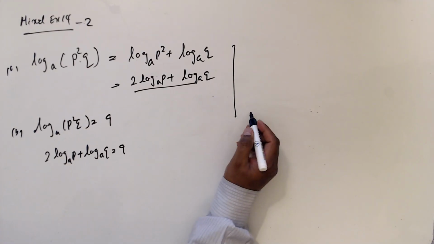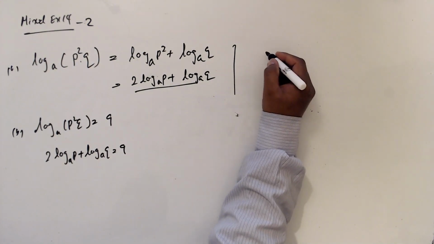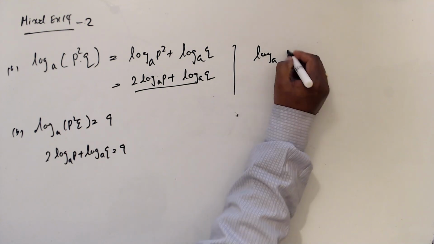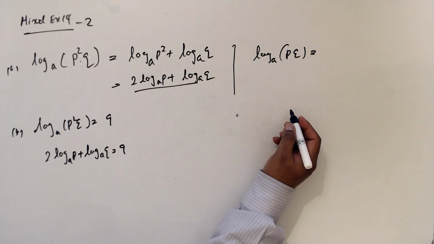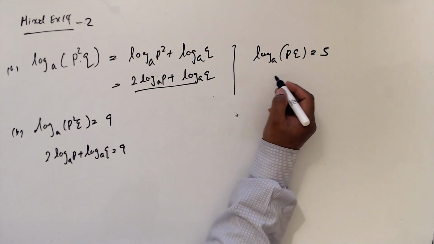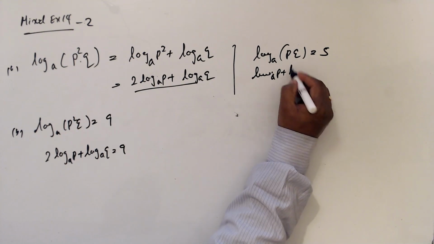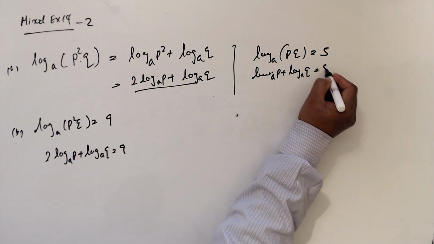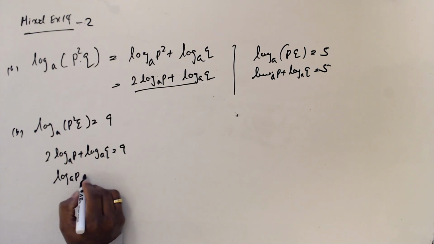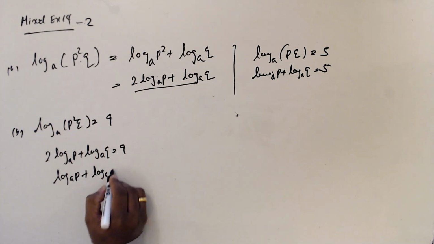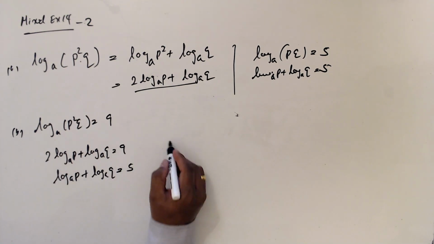Then log A of PQ equal 5. Log A to the power P plus log A to the power Q equal 5. So this is log A to the power P plus log A to the power Q equal 5. So this is going to be